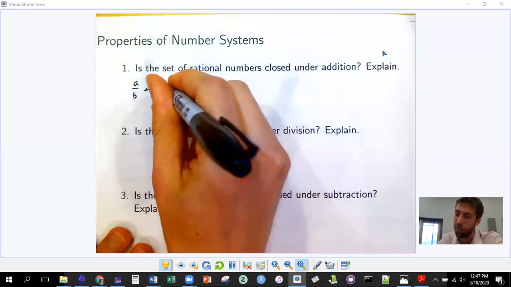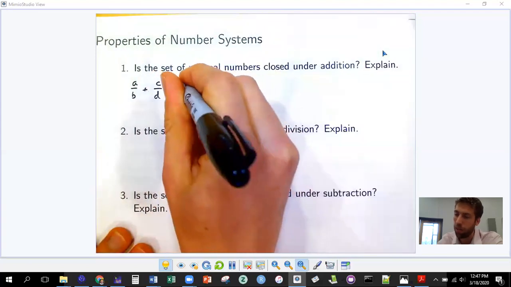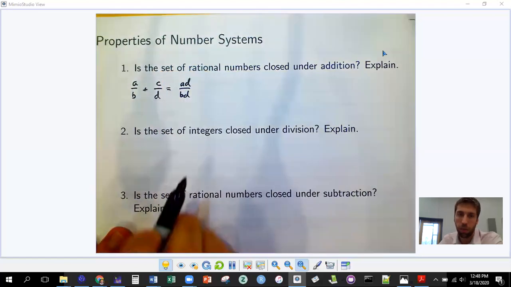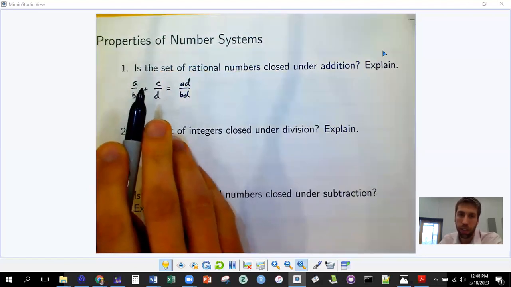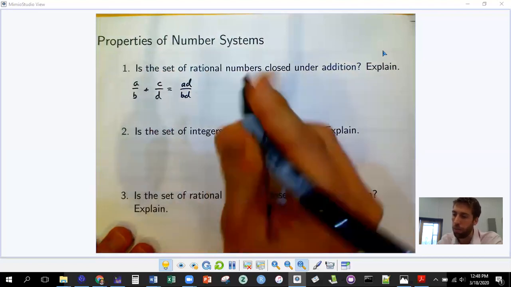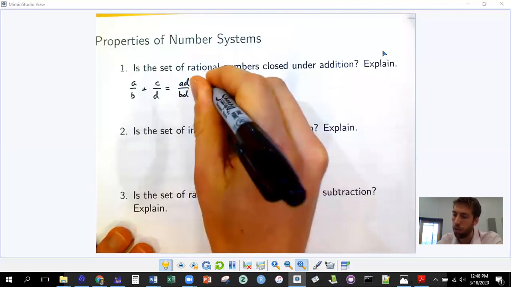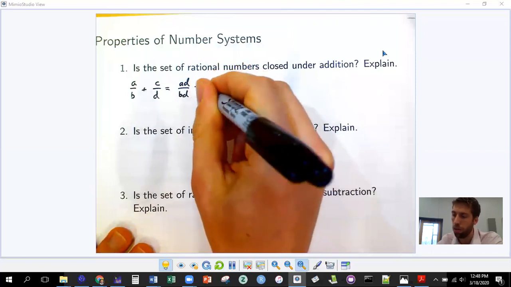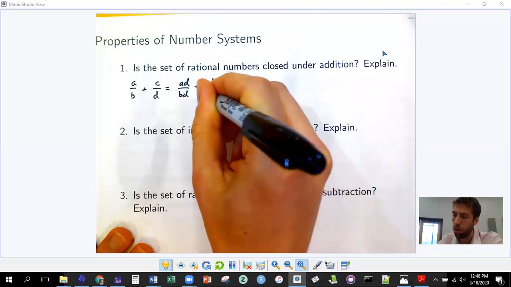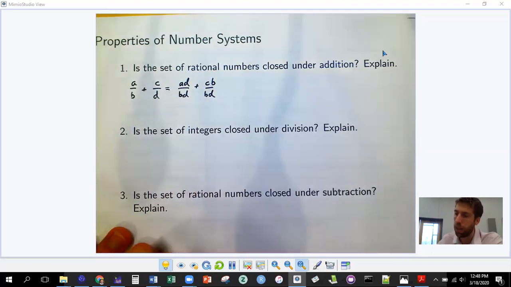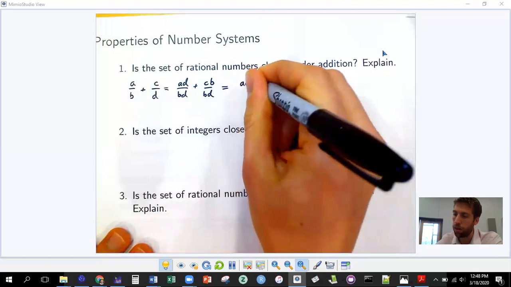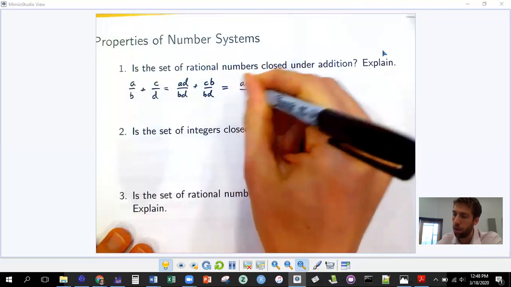So this equals AD divided by BD. So multiply the first fraction by D over D, and the second fraction by, no, B over B. And then this equals AD plus CB over